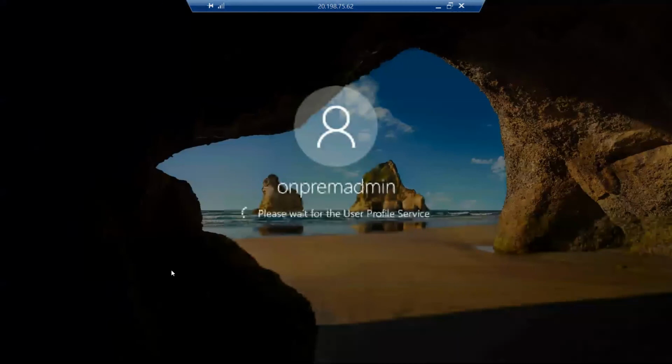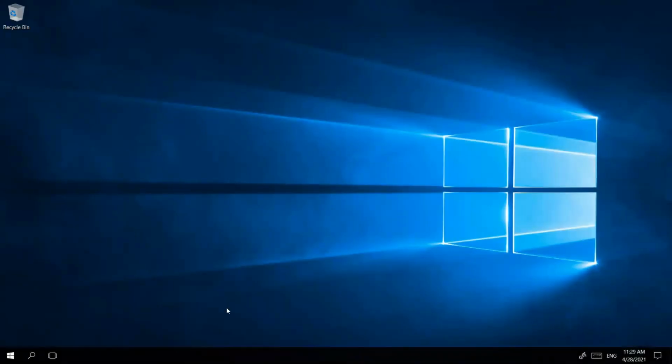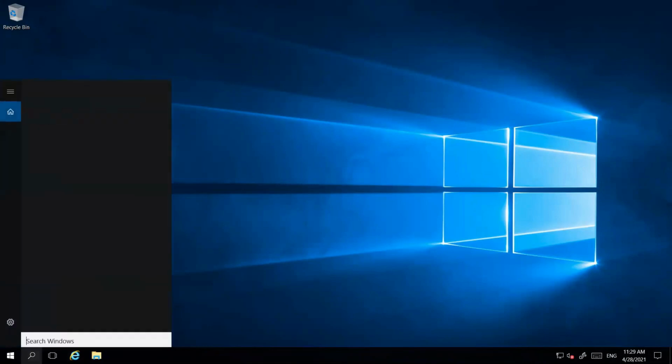Okay, so with domain, username and password, you are able to log into your virtual machine now. So what we will do, first you go to server manager.